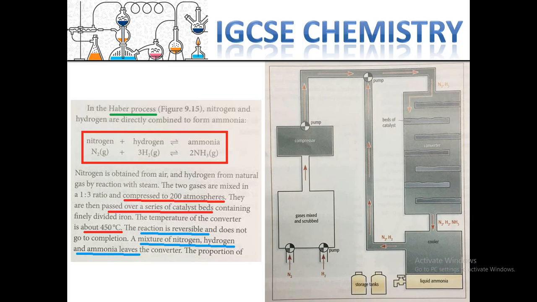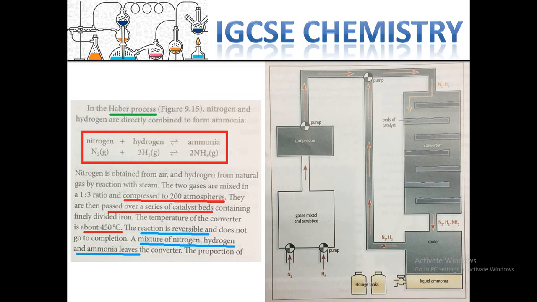So here you can see the Haber process, how the Haber process can be helpful to produce ammonia. As I said, nitrogen is unreactive, and hydrogen gas is also not very reactive, but they can be provided for the Haber process. They are required to be compressed to 200 atmospheres, since they are not reactive. So we need to provide a special physical condition